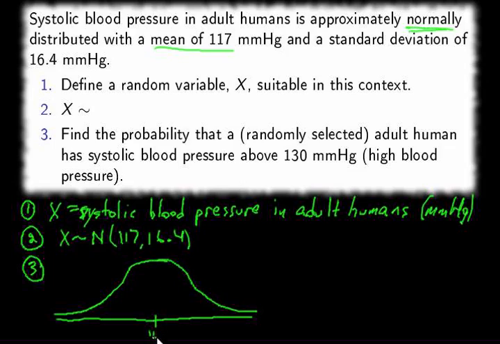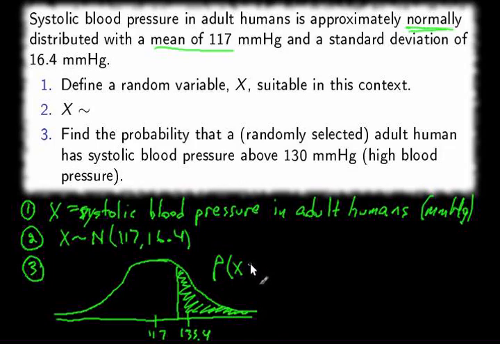The mean is 117. The standard deviation is 16.4. So one standard deviation above the mean is 117 plus 16.4, or 133.4, which means 130 is right about there,